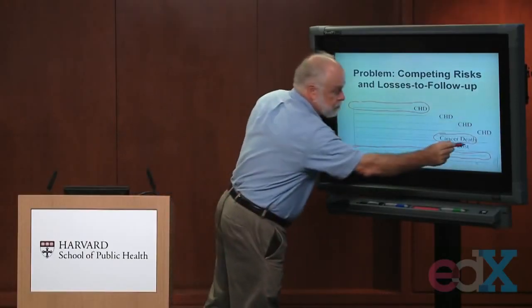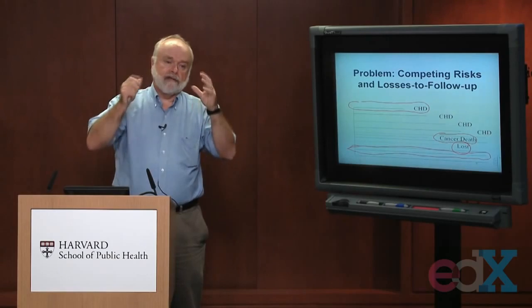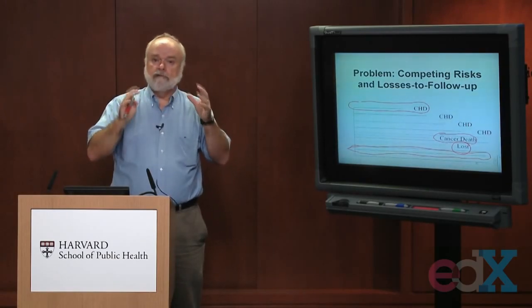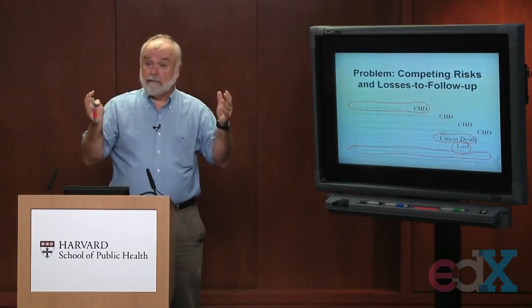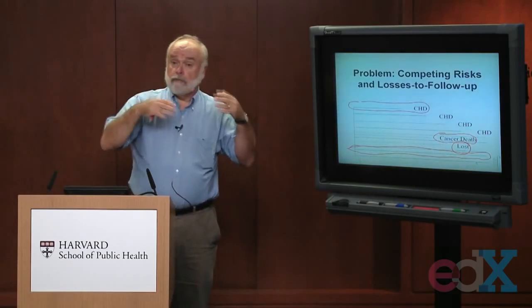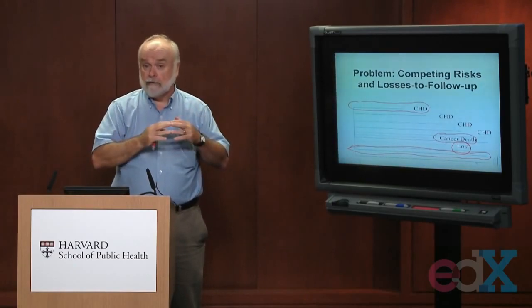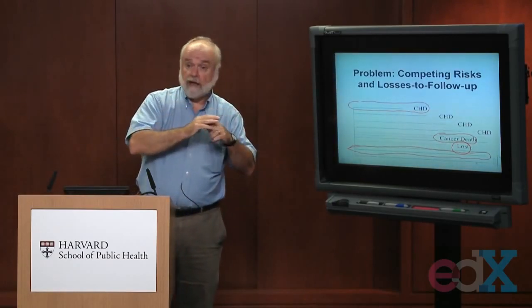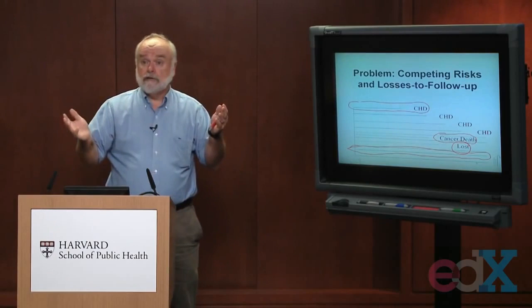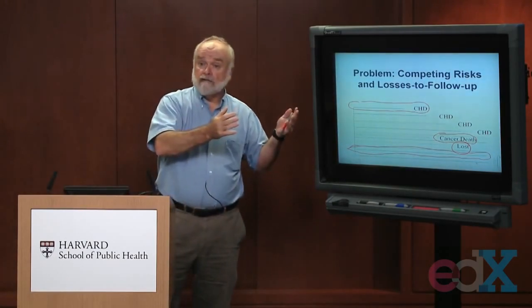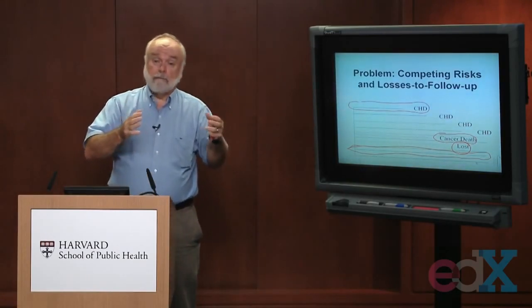There are these guys, which we call loss to follow-up. In the Framingham study, you were asked to come back to a central office every 2 years to be re-examined. And when you came back for this examination, they call it a biennial examination, your risk factors would be re-recorded. You'd be seeing whether you stopped smoking or did start smoking since the last time they saw you. Elizabeth mentioned, when she gave her STATA demo, that there were people who were smokers at the 1956 exam, the first examination in your data set, but were non-smokers at the second examination. They stopped smoking. There were other people who were not smoking at the first exam, but became smokers at the